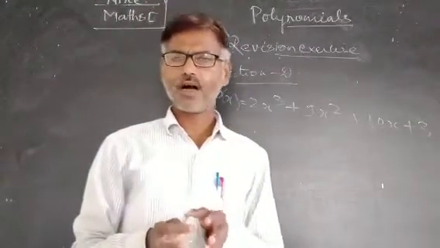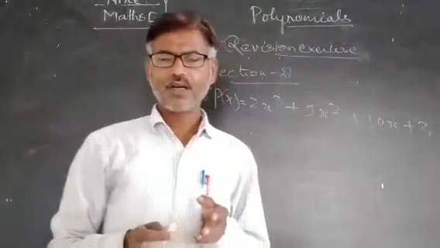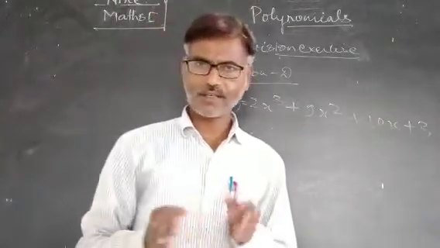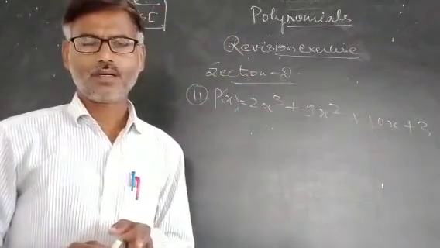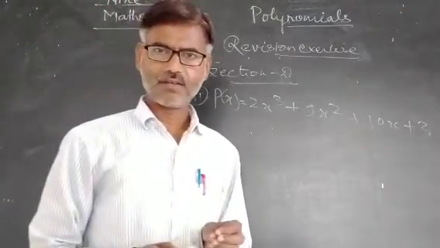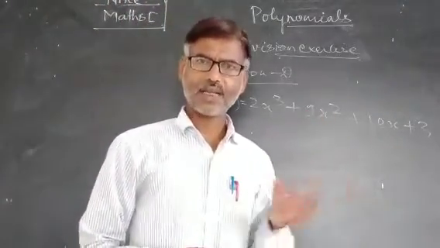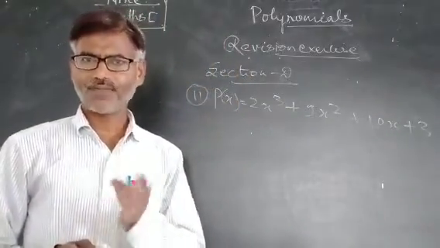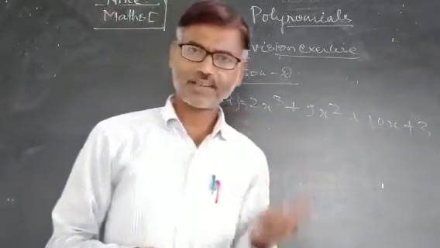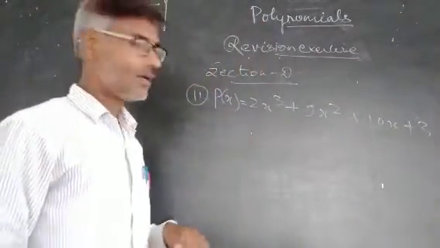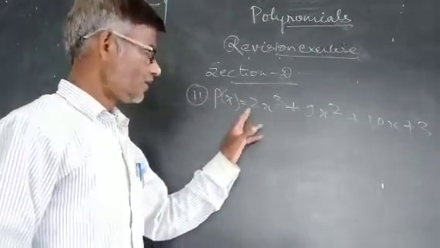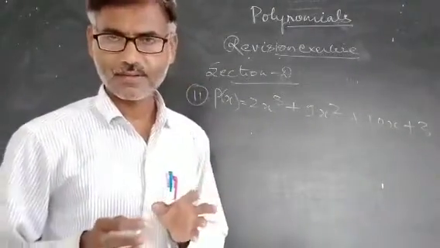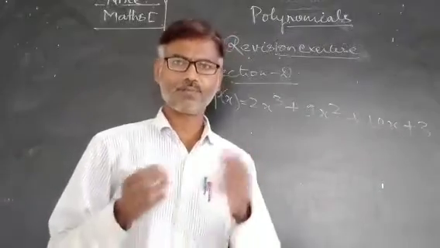Cubic polynomials are generally factorized by applying certain identities or formulas related to cubes, or if no identity can be applied, then we factorize the polynomial by the zero method, by finding one of the zeroes using the factor theorem. Okay, so to factorize the given polynomial, we have to follow the zero method, right? We have to use the factor theorem.